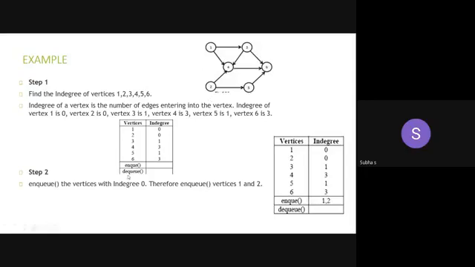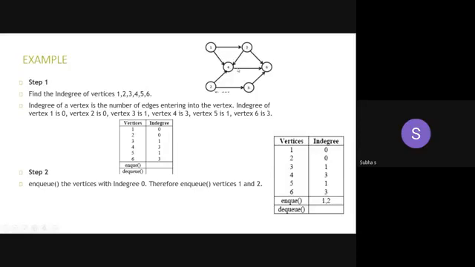Okay. For easy understanding, I have written NQ and DQ also here. So find the in degree of all the vertices for the given graph. What is the in degree for 1? There is no edge coming to 1, so 0. In degree for 2, 0. For 3, what is the in degree? 1. One edge coming to 3 from 1.